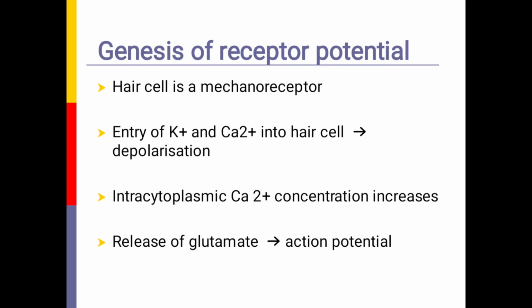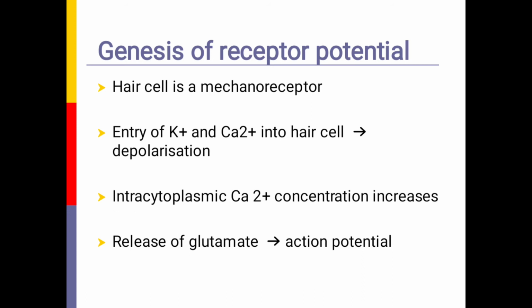The resulting depolarization causes opening of the voltage-gated calcium channels present at the base of the hair cell. So the cytoplasmic calcium concentration increases, which leads to the fusion of synaptic vesicles with the release of glutamate, a neurotransmitter, into the synaptic cleft,